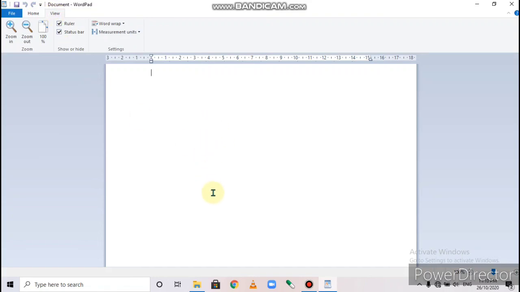To start typing, the first step is to click on the working area. When you click on the working area, a small line is blinking. This small line is the blinking cursor. When you type, the cursor will move toward the right hand side, and when the first line is completed, the cursor will move automatically to the next line. And if you want to change the paragraph, then you can press the enter button. Understood? You can add or delete text after typing the paragraph. I hope you understand.